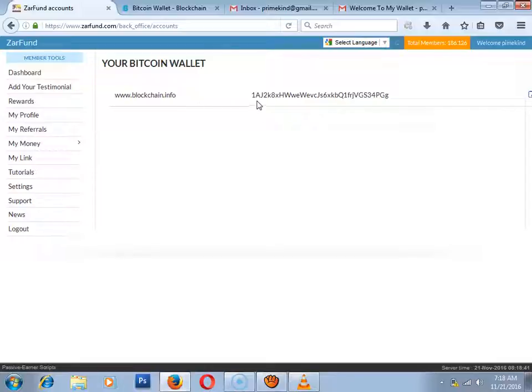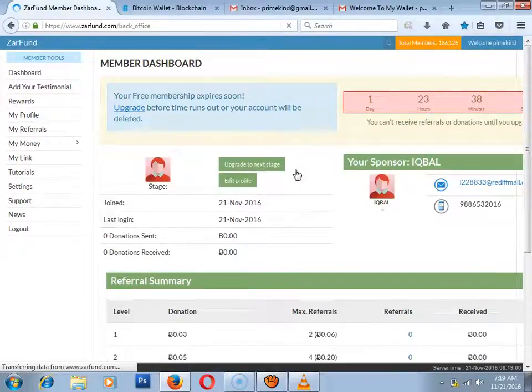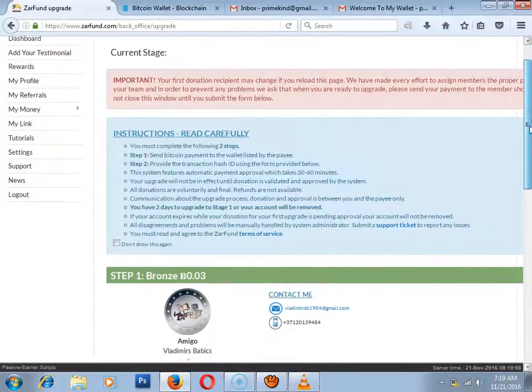Now, why do you do this? It is because when users are assigned to you for donation, they will donate to this address. Just like to upgrade, you're required to donate the 0.03 Bitcoin to your direct sponsor, which is this.